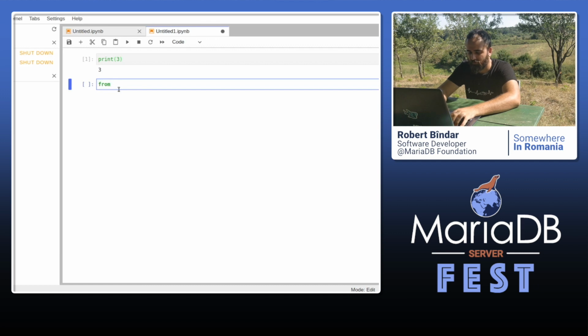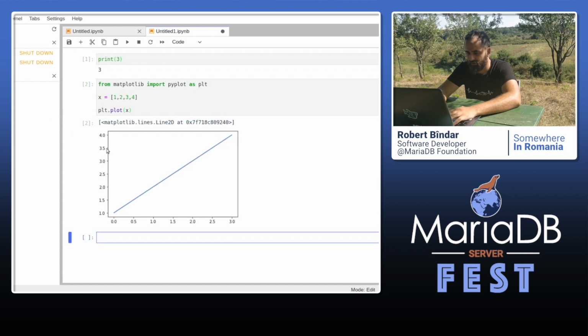So let's do from matplotlib import pyplot as plt, and then create a small array 1, 2, 3, 4, and do plt.plot of x, and if I execute the cell, I get a new chart. It's actually very easy. It's cool that you can do something like this with just a minimum amount of lines of code. That's actually very cool.